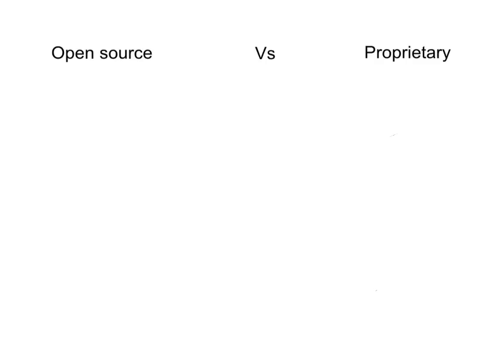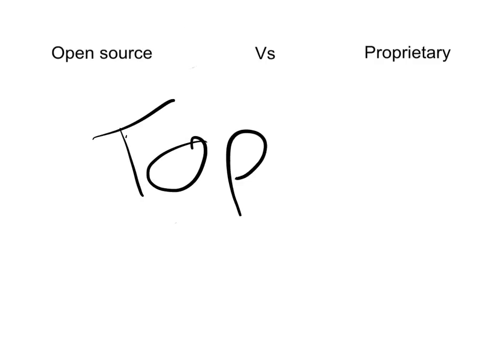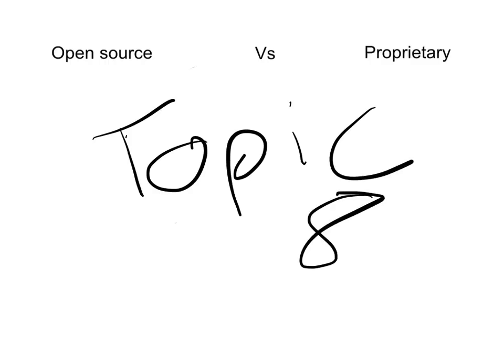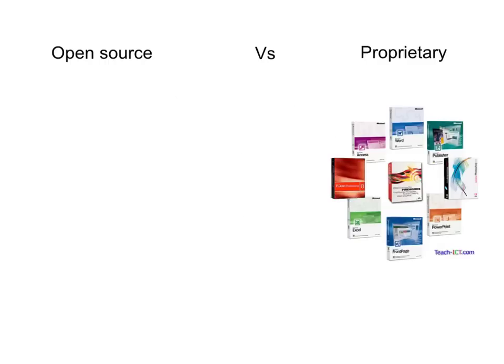So this video is all to do with topic 8 and knowing the difference between open source software and proprietary software. Much like the proprietor of a shop who is the owner of the shop who owns goods and sells them, proprietary software has owners who design the software, make it, and then sell it. So once you buy the software, you then own a license and you're free to do what you want with